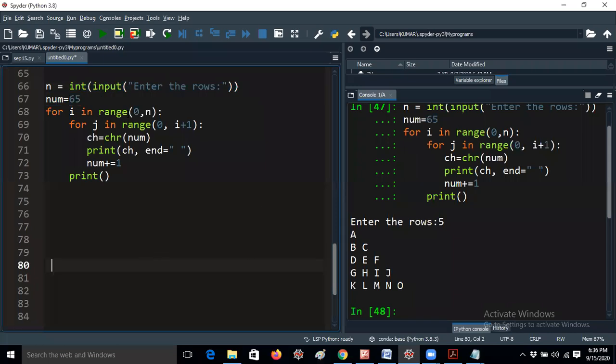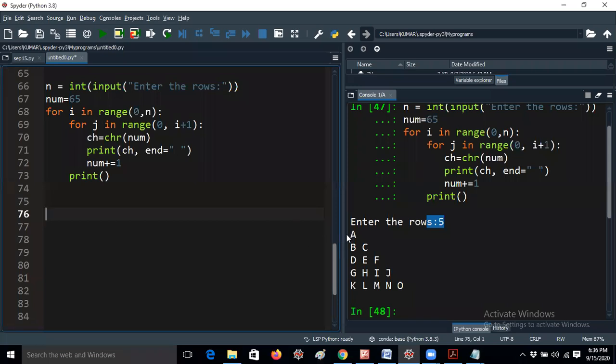So here I am using range of 0, n. Usually I write that line only. Here n means the number, which is 5. 0 to 5 means it will take 0, n, which I am giving here. You should understand carefully. 0, 1, 2, 3, 4. It will take 0 to 4.